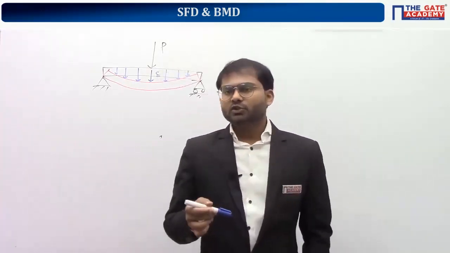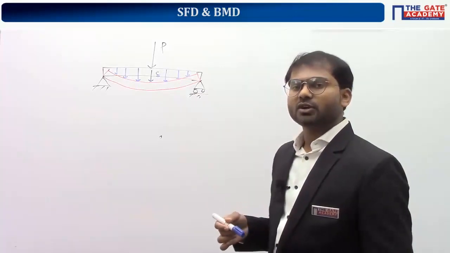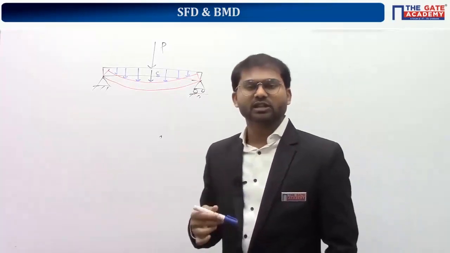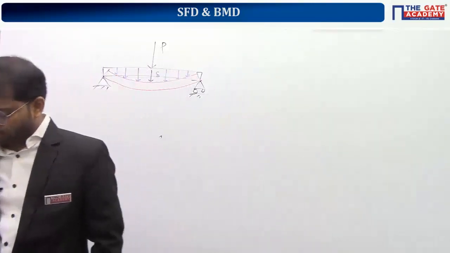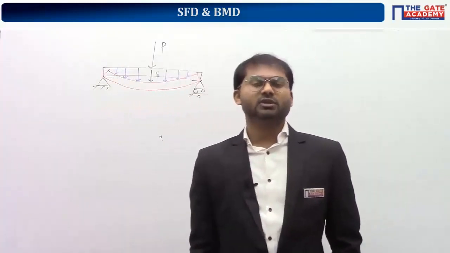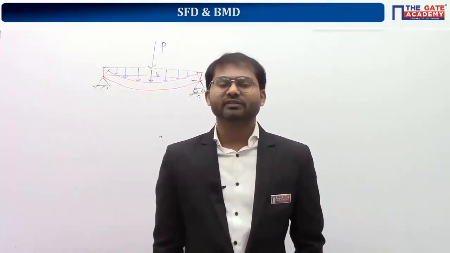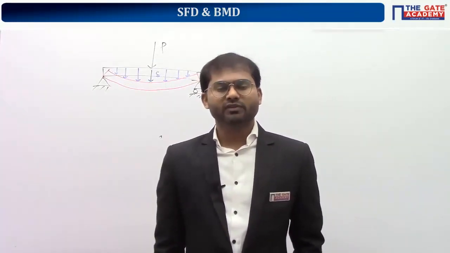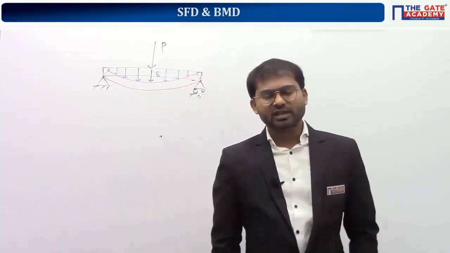Clear? Understood? That graph which gives you the variation of induced value of shear force along the length of the beam is called the shear force diagram. Everyone clear? If you go to textbooks, you will not get all these definitions. Directly they will go through the sign convention of shear force diagram and bending moment diagram. They don't even say why you should use the sign convention, and directly they start solving numericals. So I just want everyone to be clear. Everybody understood the definition of shear force diagram?